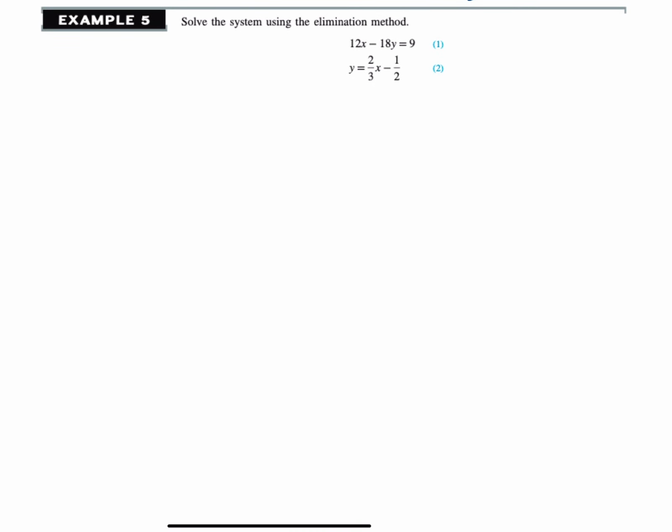So let me write these out. We have 12x minus 18y equals 9. Our second equation is y equals 2/3 x minus 1/2. So the first equation is already in standard form, so that's good. 12x minus 18y equals 9. And then our second equation,